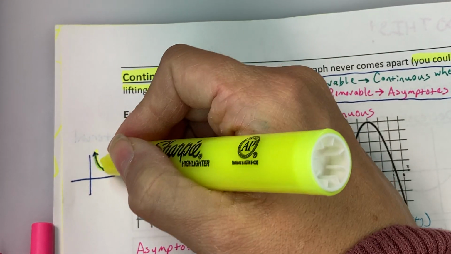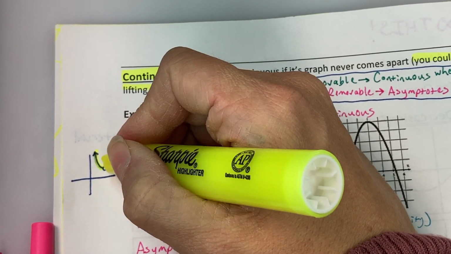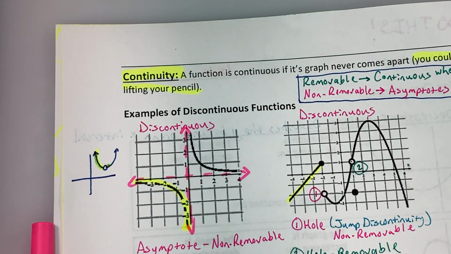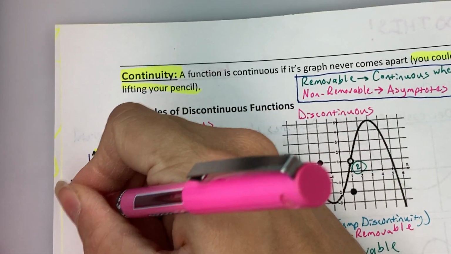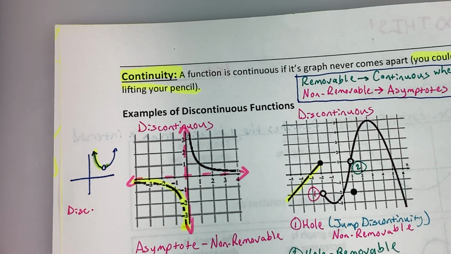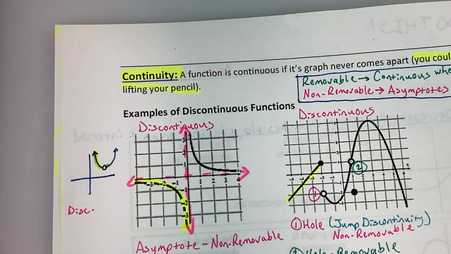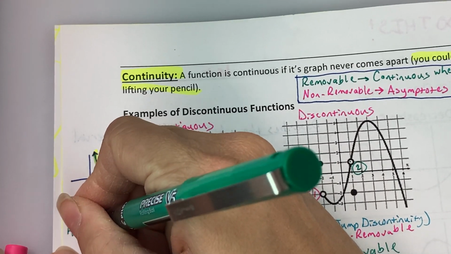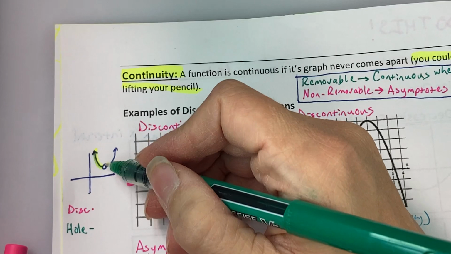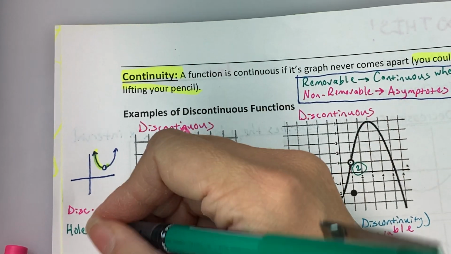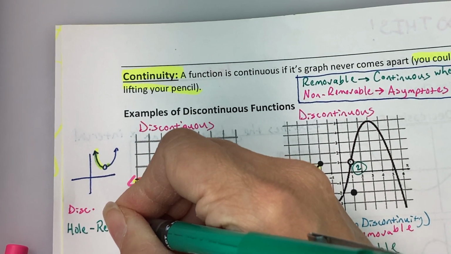Because when I hit that open dot, I'm not defined there, and I can't jump to the other function piece where it is defined, this would be discontinuous. Now, the type of discontinuity is we've got a hole or an open dot. And if I was able to fill in that hole, then would my function be continuous? The answer is yes. So that would be a removable